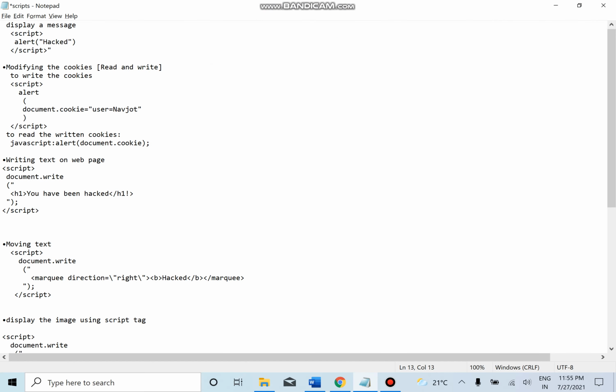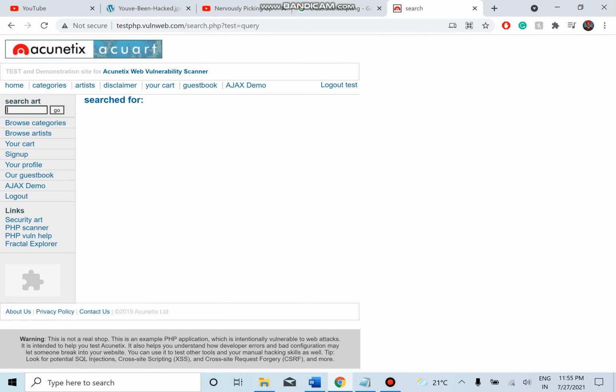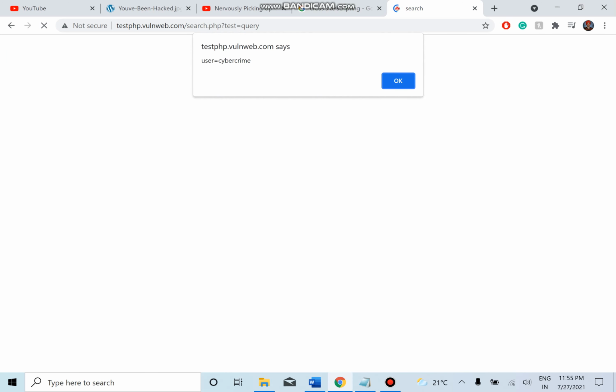Okay, let's say we are going to add here cybercrime. Copy this script, hit OK here, paste it in the search input, and as you can see, we are successfully able to modify the cookies of the website.